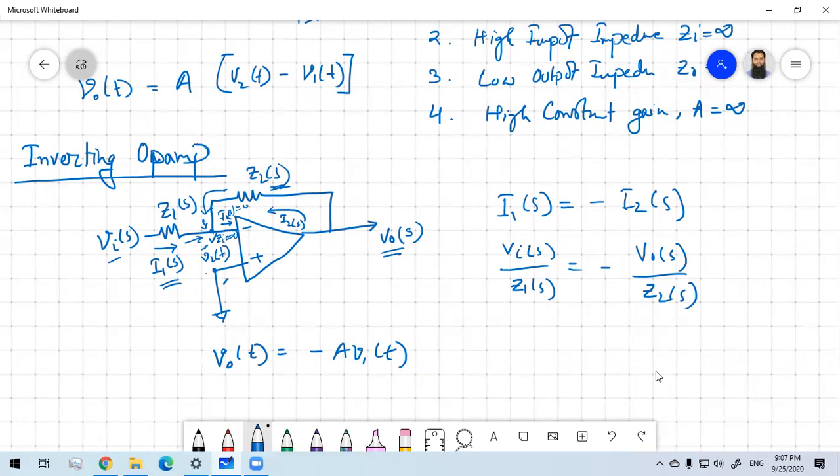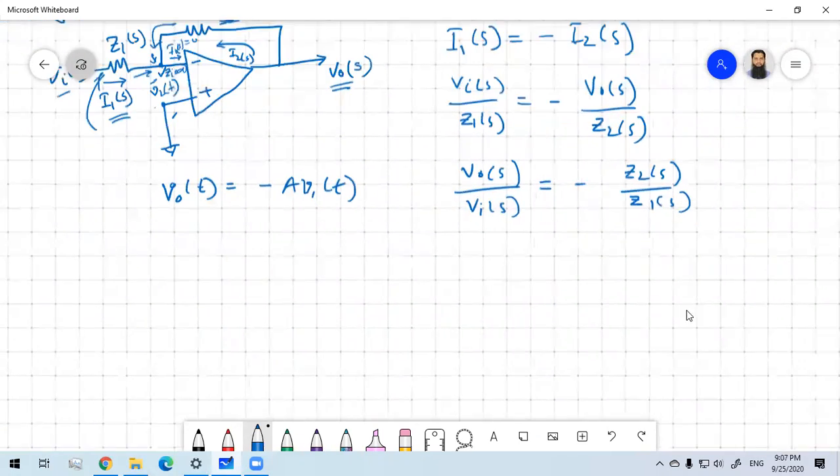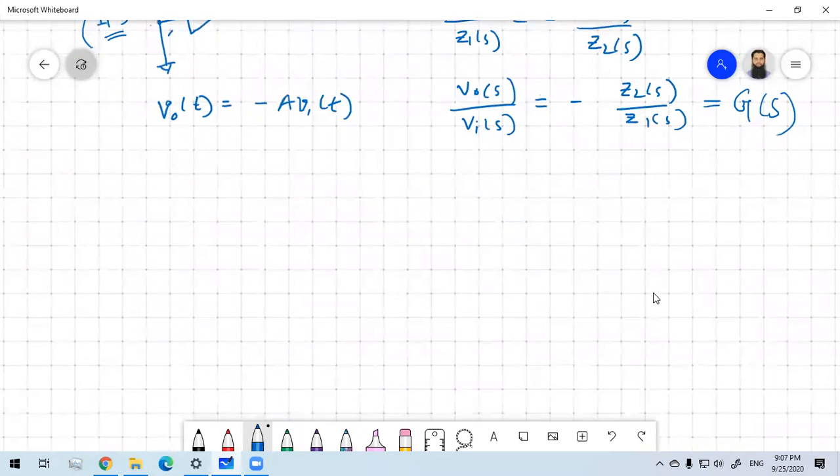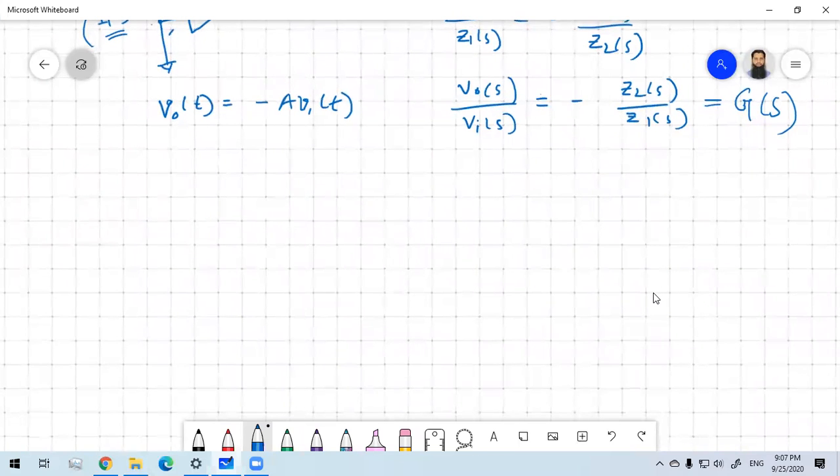So you know that the output V0(s) by Vi(s) is actually your transfer function. That will give you minus Z2(s) by Z1(s). So basically this impedance divided by this one will give you the gain, or the corresponding transfer function. This will be the transfer function of the op-amp circuit. So let us look at a practical example. Example